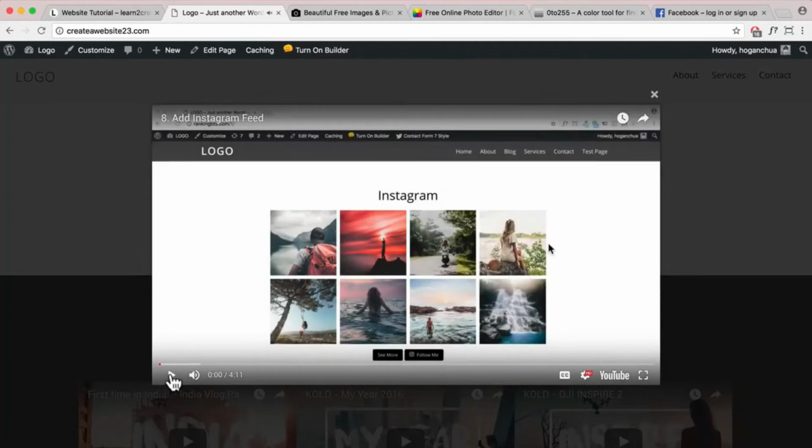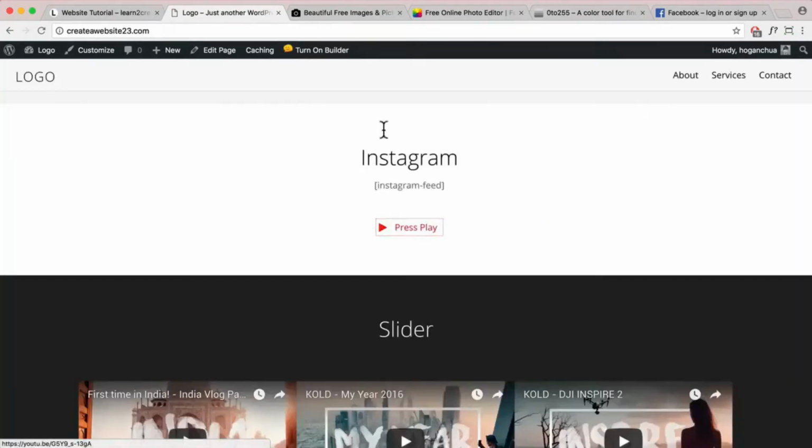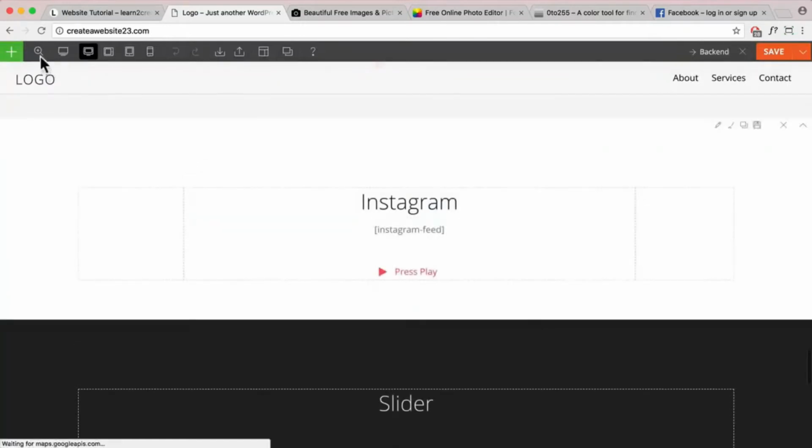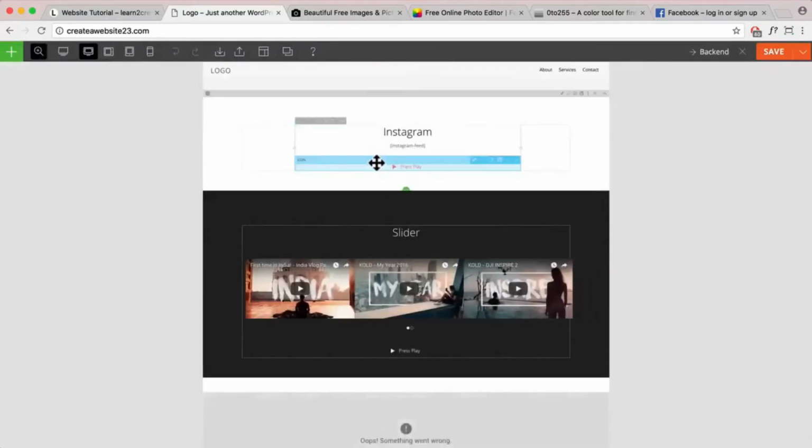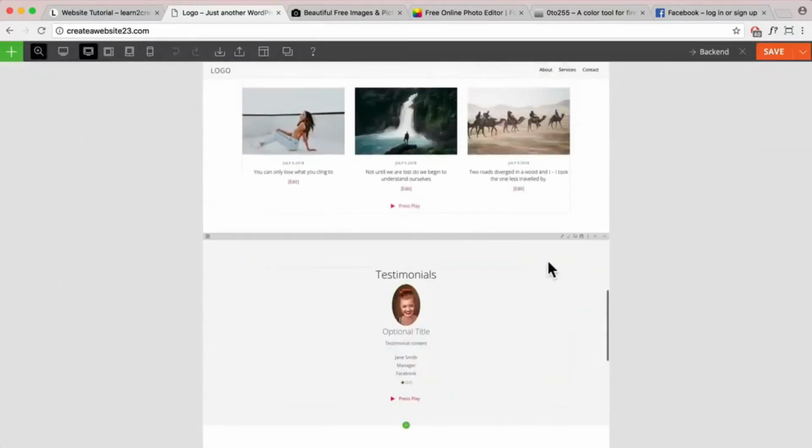So I wanted this tutorial to be short and straight to the point, sort of like a budget airline where you've got all the essentials, but if you want to add on different things, then I've got all the videos for you guys to do that, right? So if we turn on the builder again, I'll show you quickly how you can edit it really easily. What I'll do is zoom out, and for example, you might not want a testimonial section, then you